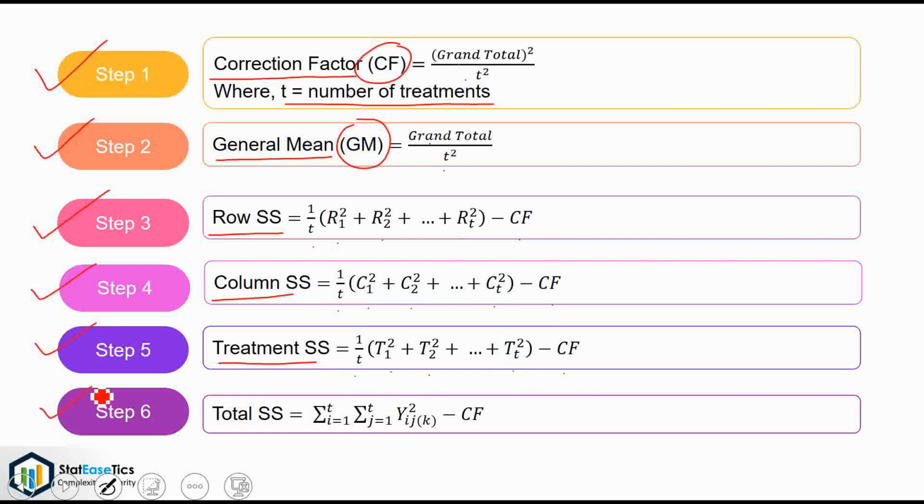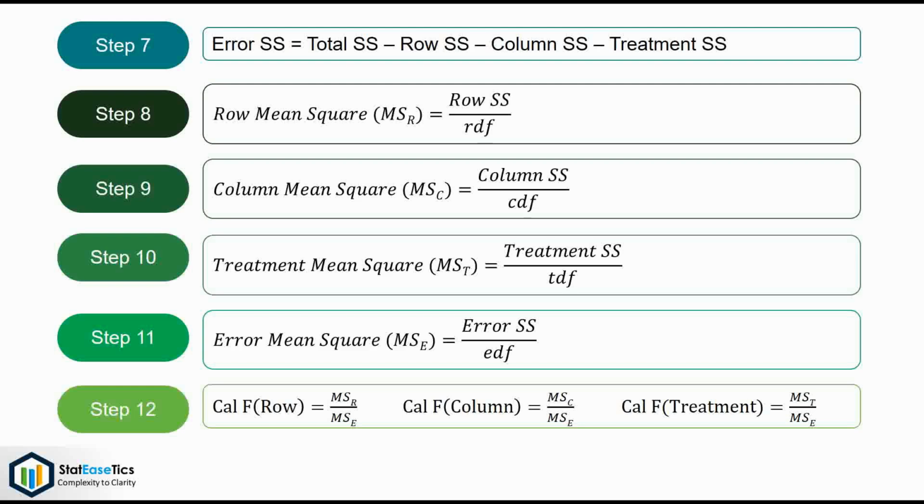Step 6 is calculation of total SS, which is equal to double summation i is equal to 1 up to T, j is equal to 1 up to T, Yijk square minus CF. Step 7 is calculation of error SS, which is equal to total SS minus row SS minus column SS minus treatment SS. Step 8 is calculation of row mean square, that is MSR, which is the ratio of row SS